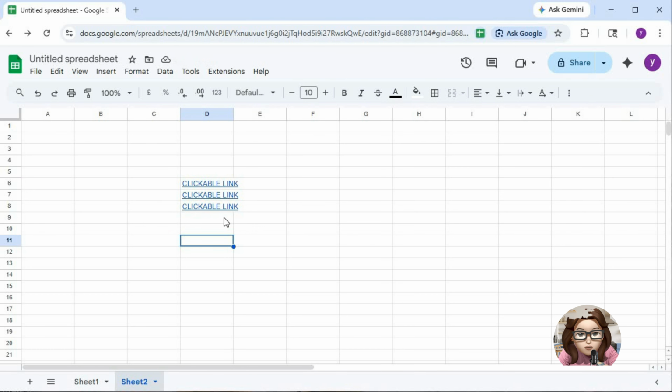That's it. You've now cleaned up your links while keeping them fully functional, making your spreadsheet look more